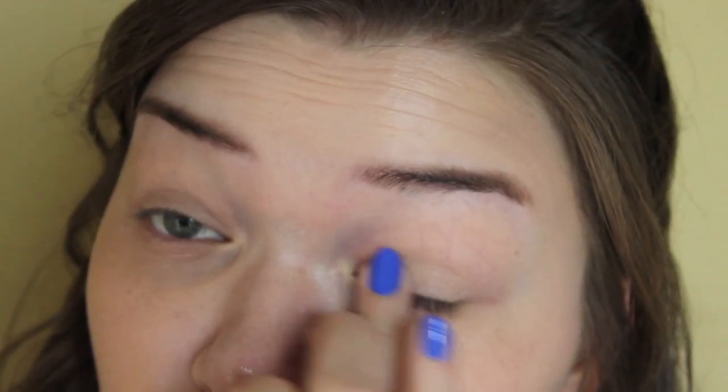Alright, so now that you guys have gotten just a little bit of a mini review and a haul, I am going to go ahead and jump right into the tutorial. You guys are going to be seeing the eyeshadow look that I am wearing today, and let's get right into that tutorial. The first thing I did was apply my MAC paint pot in the shade Painterly,